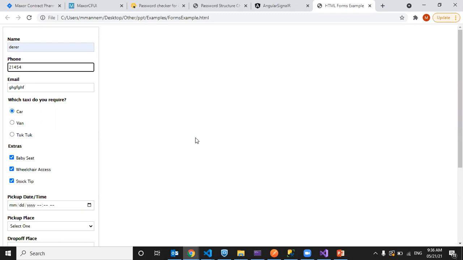Suppose it is related to some business logic, we perform validations at server side. If it is basic data entry related operations, like whether a field is selected, whether a field is entered or not, whether a field is in the required format or not, for that we only perform client side validations. Okay, better to write client side validations wherever possible. Don't misuse the powers and resources of the server, and it will also waste the user's time.